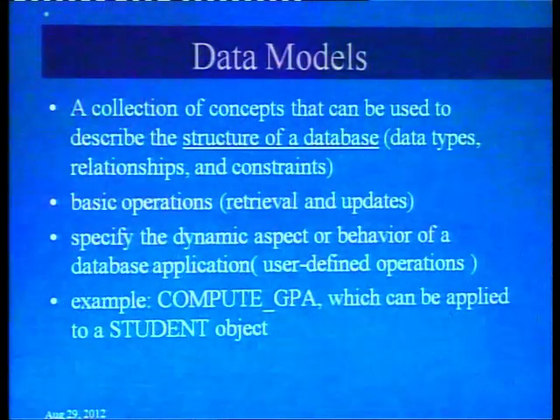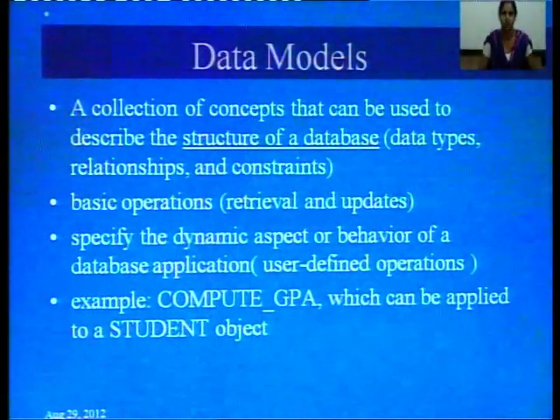Data type means what type of data is to be stored in the table. It can be integer data, character data, date type data or long type data. Relationship means what the relationship is between two data. If there is a name and a registration number, that particular student has a particular registration number, and this is the relationship between the two data. So a data model is a collection of concepts that can be used to describe the structure of the table,